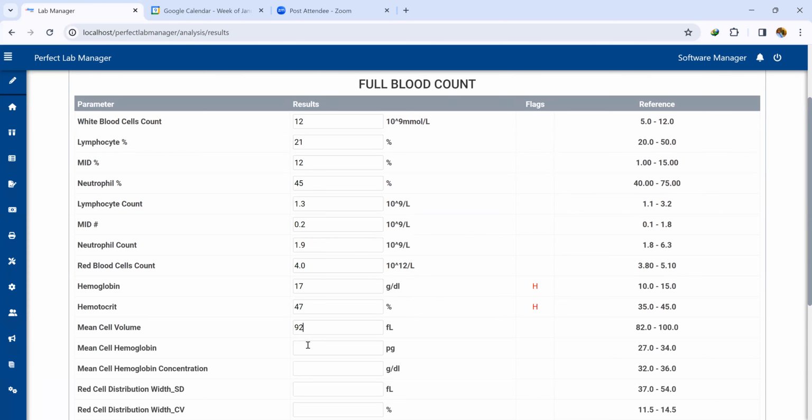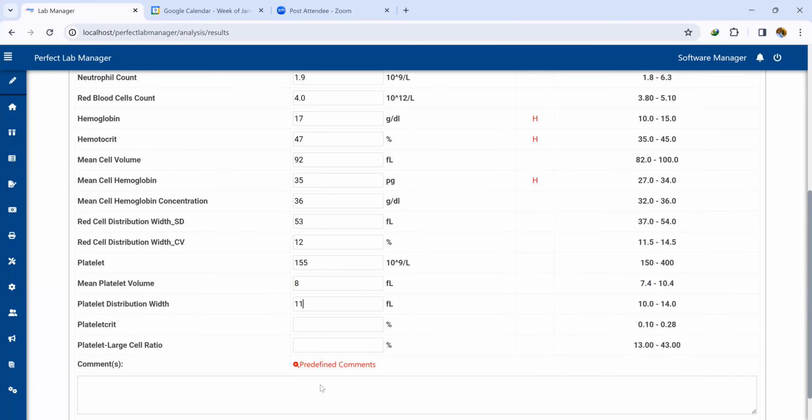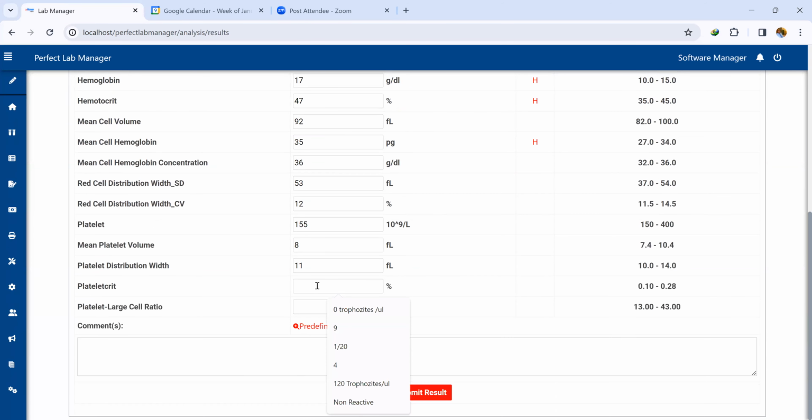Then we put the rest of the values in, and we put 1.12 and then